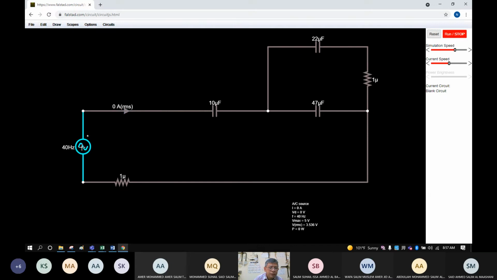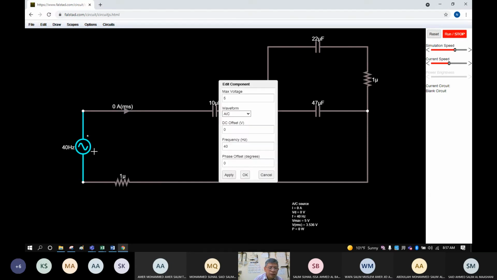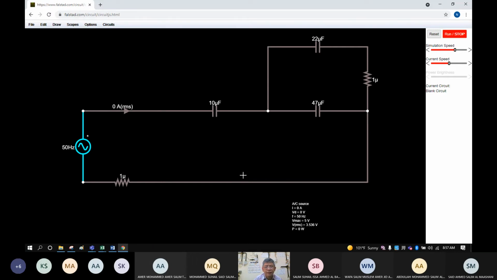Then here, edit 5 volts. How much frequency? 5 volts and the frequency is 50. Then click OK. Okay, so capacitor, resistance. So we have 5 volts, 50 hertz, and then current.